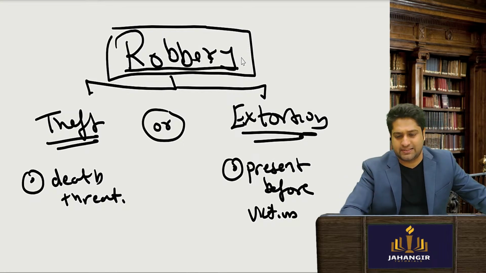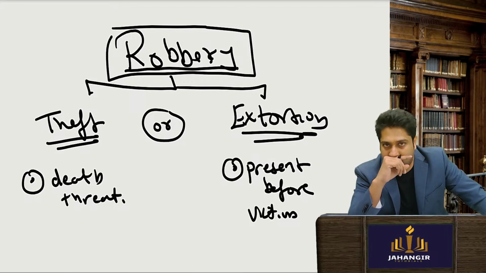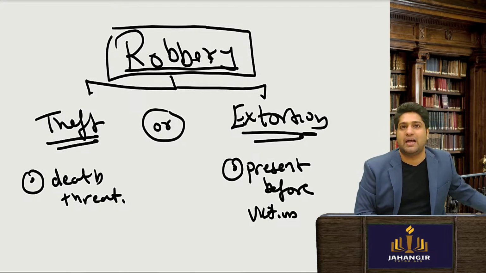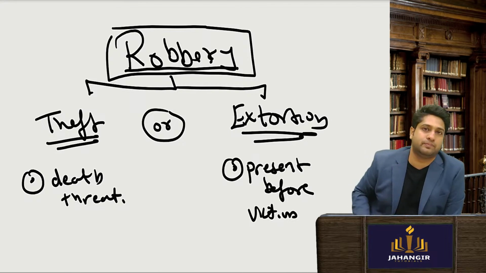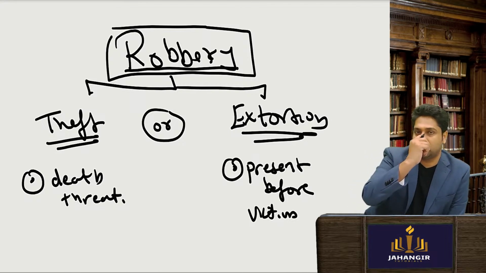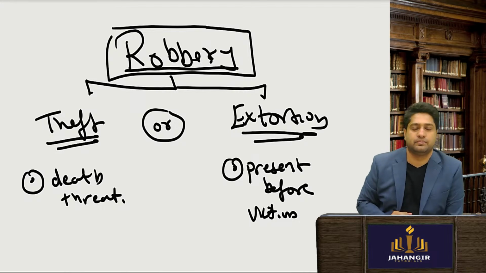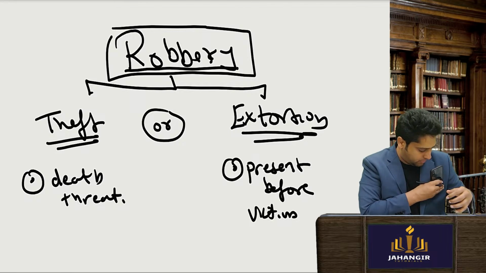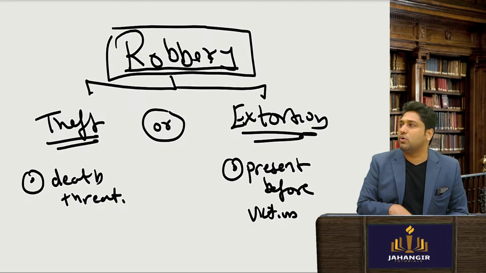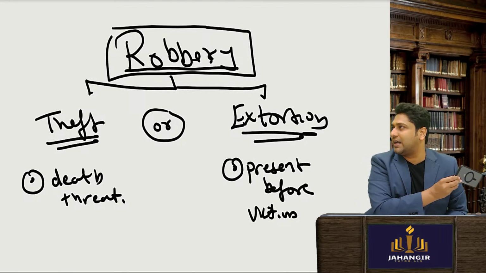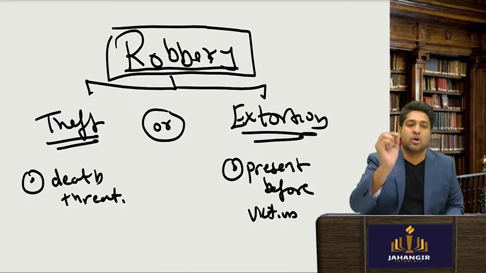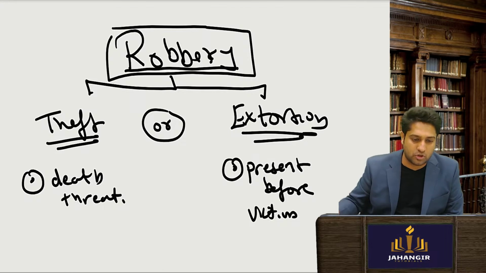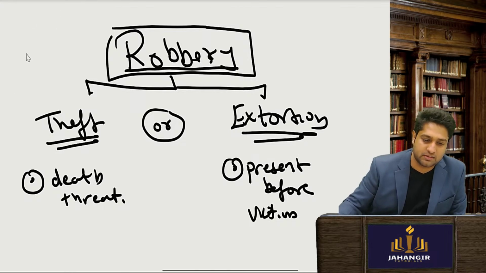So let's take an example. A pickpocket: you are going in the train, he pickpockets your mobile and goes away, and you didn't even come to know. Is that theft, robbery or extortion? Quickly. The mobile phone was in my pocket, I was looking out, someone came, flicked it and ran away. I didn't even come to know. Is it robbery, theft or extortion? Obviously it will be called theft.